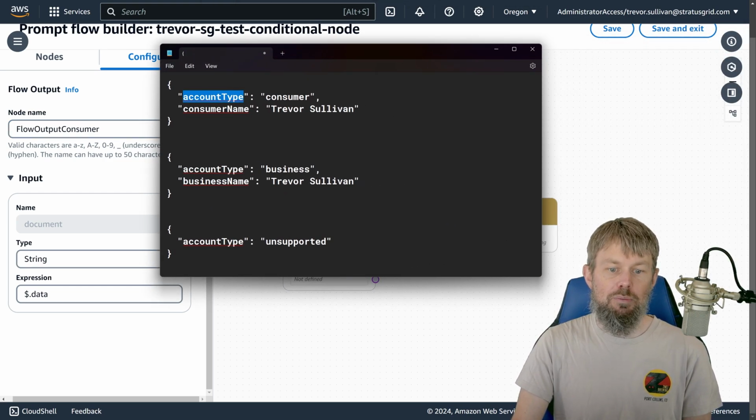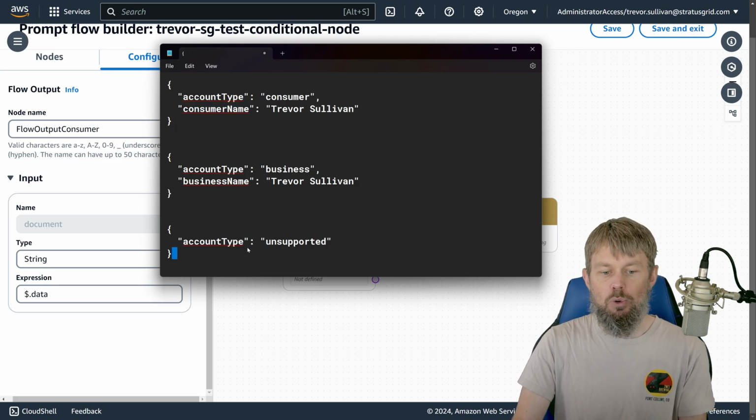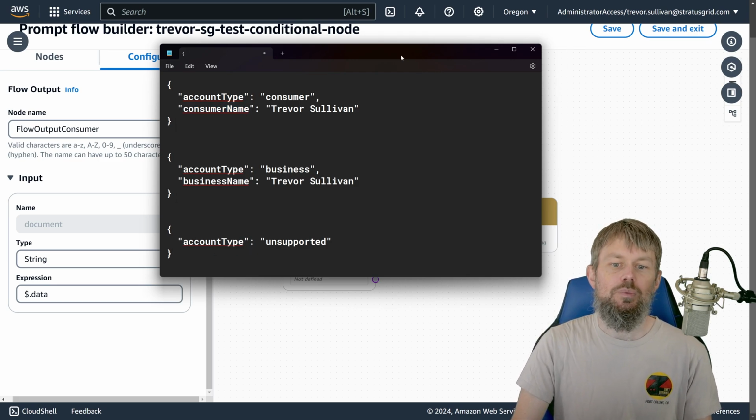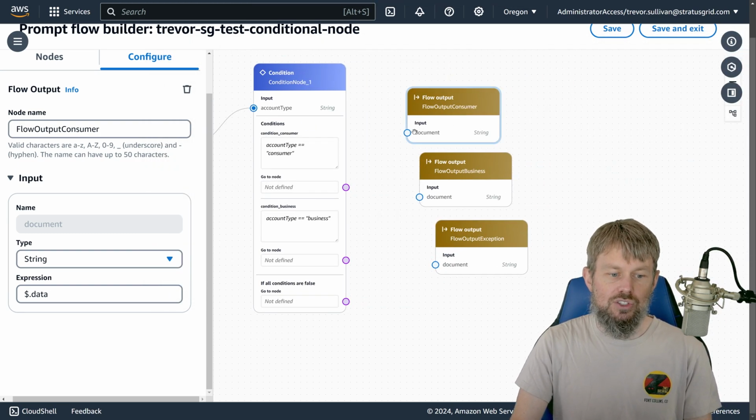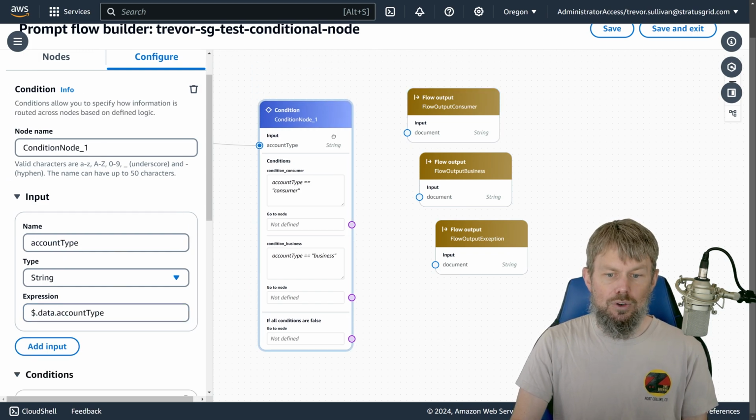So if the account type is consumer, then we have a consumer name property. If the account type is business, then we have a business name property, but we don't have a consumer name property, right? And if it's account type unsupported, then we just don't really care. So what we're going to do is on the flow output consumer here, we're going to extract from the total